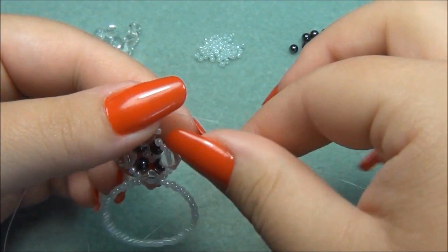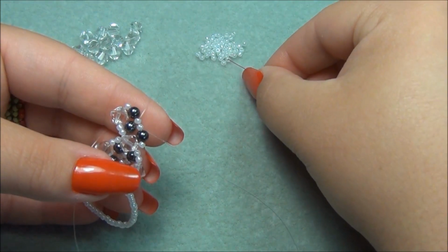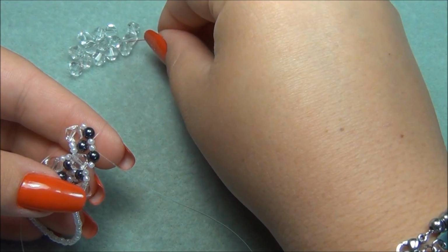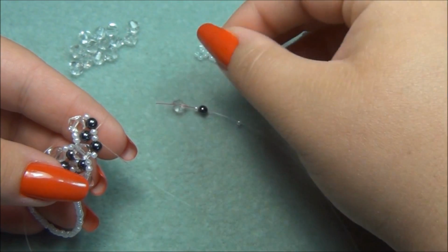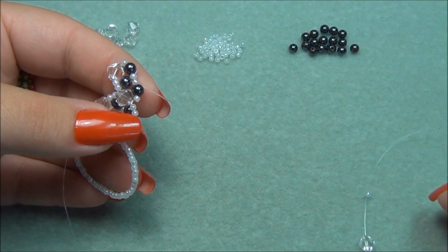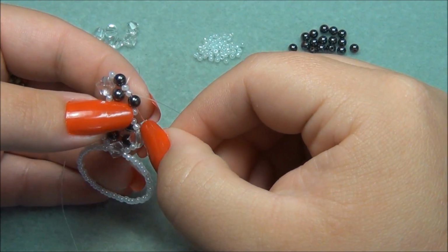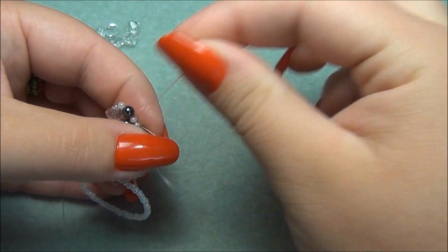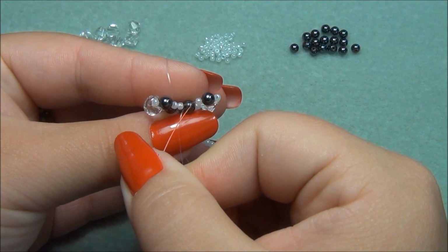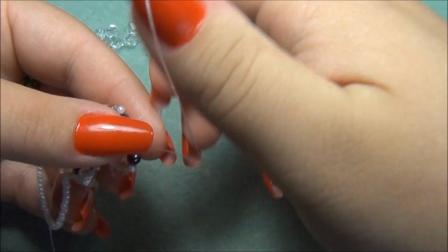I'm going to flip it over and do the same thing to this side. C bead, 4mm, C bead, 6mm, and a C bead. Just like that. And I'm going to take my string and go through this 4mm up to the bottom, pull this through, and now I have to go through this 11/0 C bead, tighten this up,